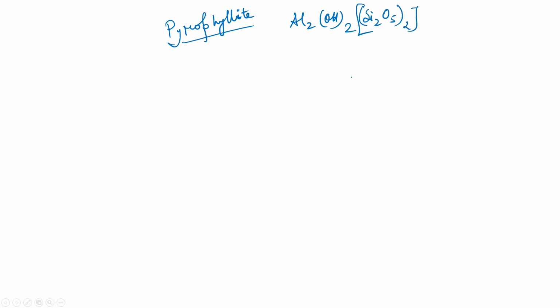Now pyrophyllite, that is Al2(OH)2Si4O10. There the silicate unit is given. No need to simplify it. We just have to find out the charge. Now that can be found out from the charge of other parts. Aluminium charge is +3, OH is -1. So the total charge apart from silicate is